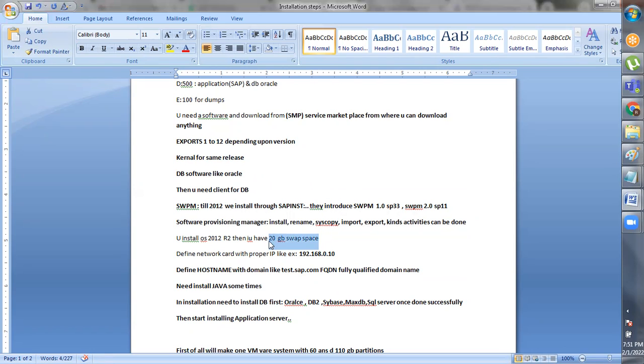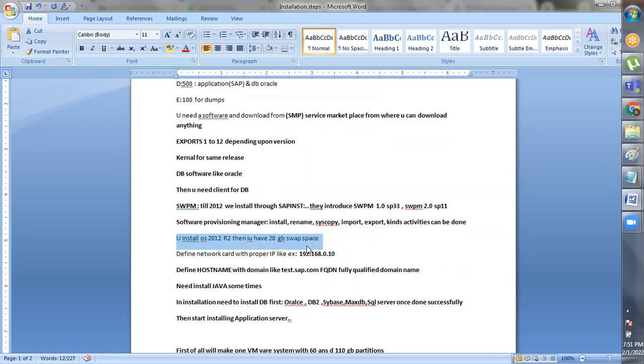Swap space is 20 GB, so you have to give 20 GB as the swap size. Once the installation shows it is done successfully, your OS is installed.